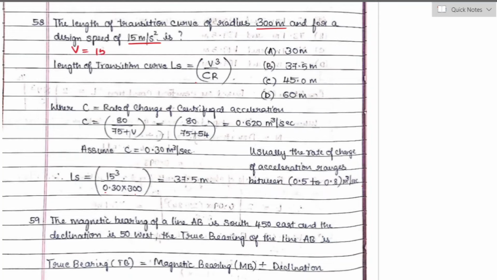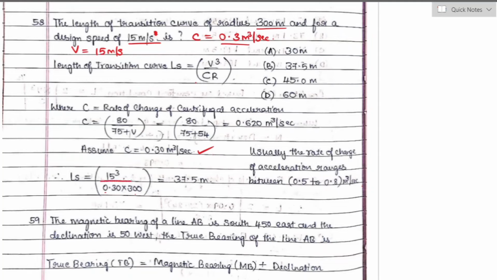Design speed of the vehicle is given in meter per second. There is a printing mistake. It was given as meter per second square. So before calculating the transition curve, here you can observe the rate of change of centrifugal acceleration is not given. So for this question it was expected to give grace marks since they have not given the rate of change of centrifugal acceleration. So assuming the value of c is equal to 0.3 meter cube per second,